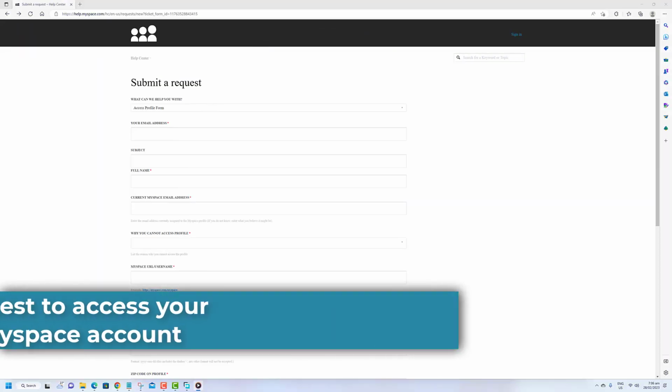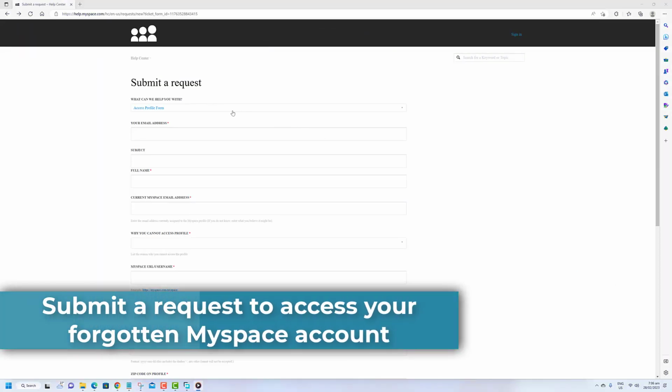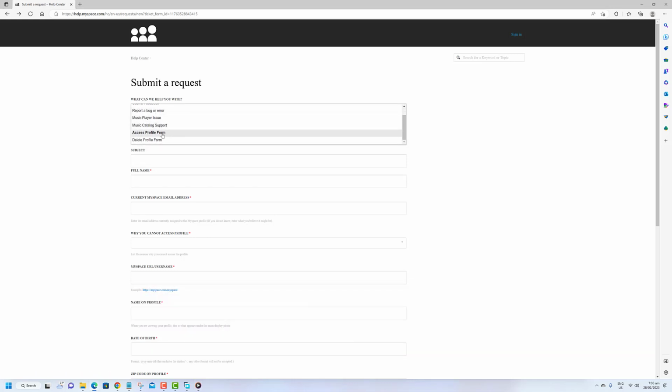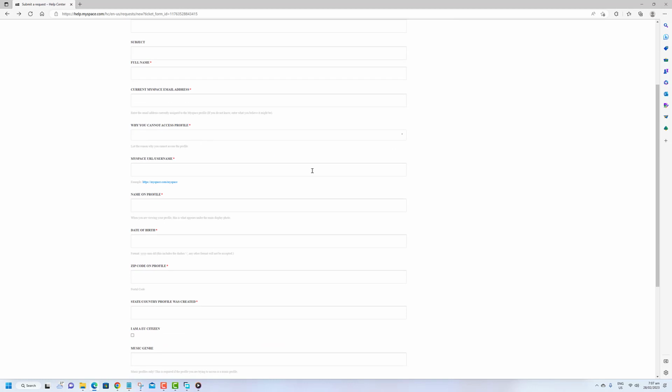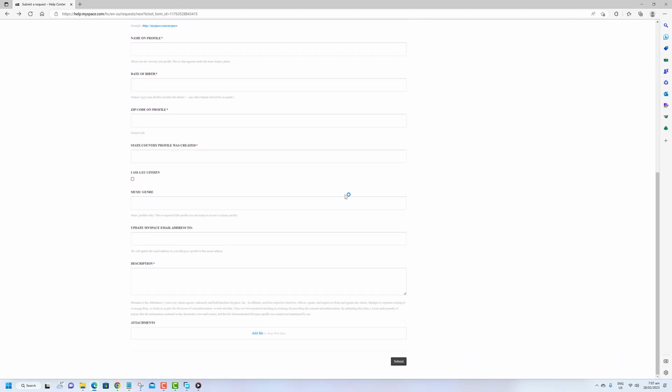Third solution, submit a request to access your forgotten Myspace account. If you don't want to go through the process of working with your email provider to regain access to your old email, you can contact Myspace directly to get access to your Myspace page. To do this, you'll need to fill out the Access Profile form. Once you've completed the form, submit it and wait for Myspace to contact you about how you can regain access